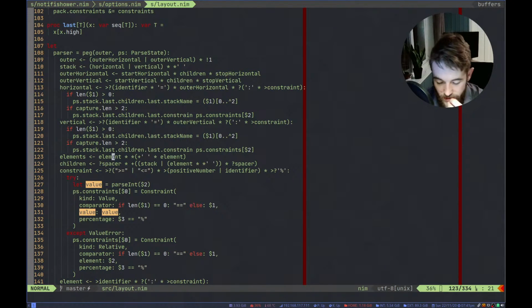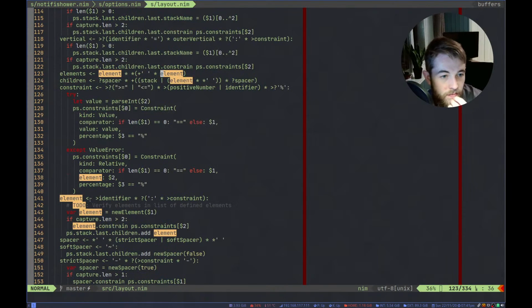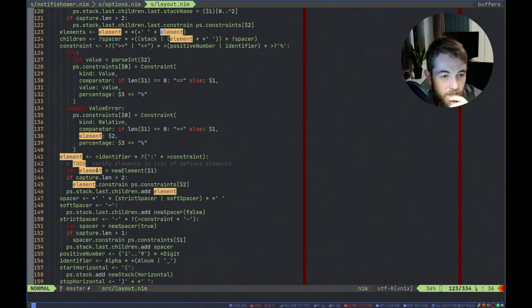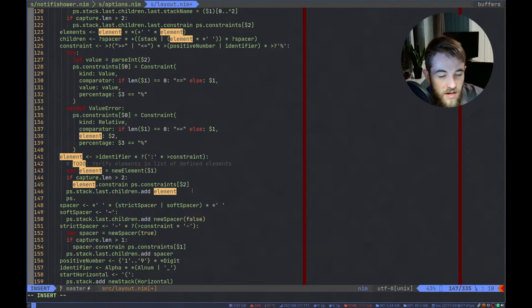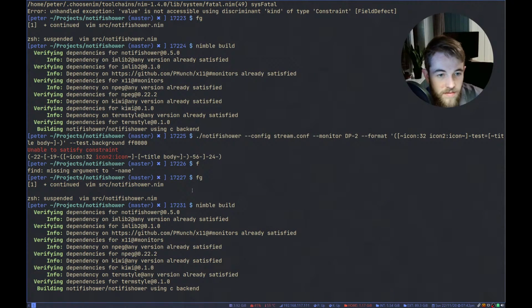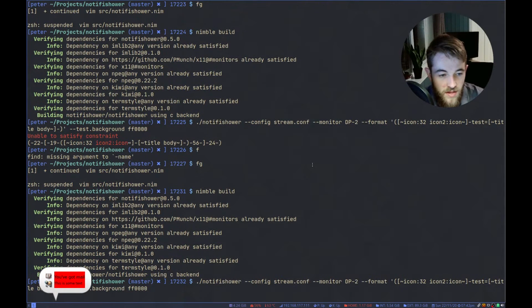So element here, new element. We also need to do parse state.elements. This is a $1, which is the name. It's equal to the element. And that should add that key that we couldn't find. The message is gone. But the key that we couldn't find, and there we go. Now that works.